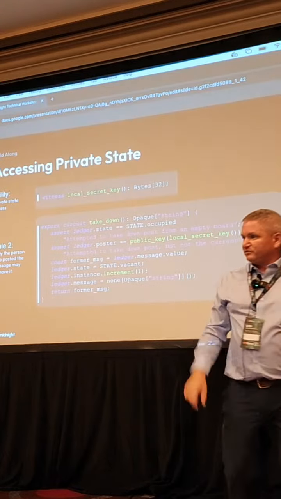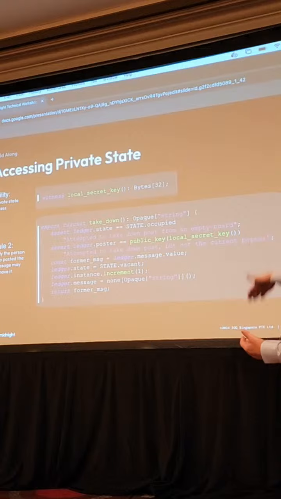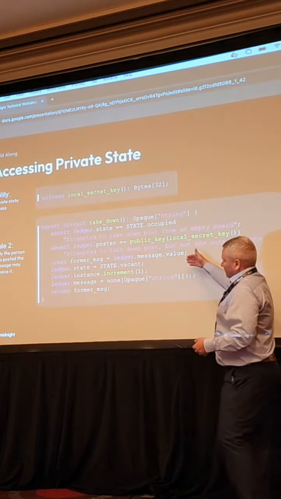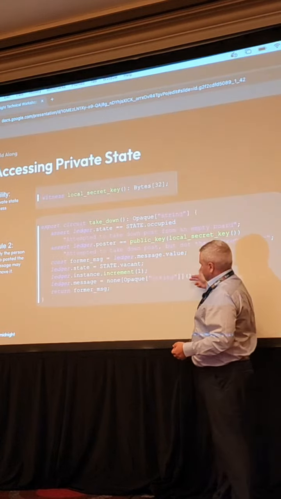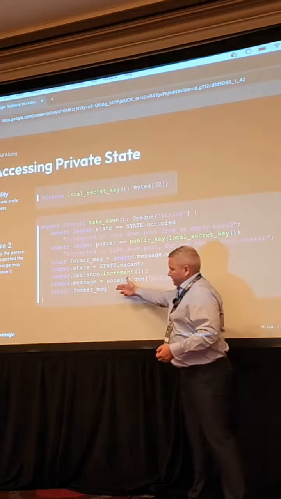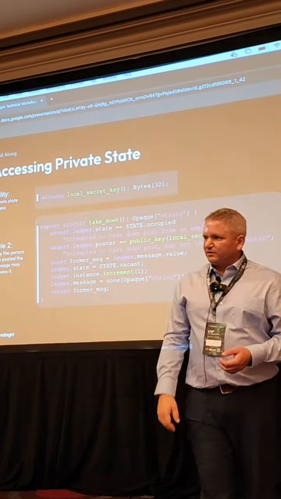Are those public keys the same? Yes or no? If they are, then you can proceed farther down, where you're simply going to record the message, set the state to vacant, increment the instance, wipe out the message, and then return the prior message back to the user. That's it.